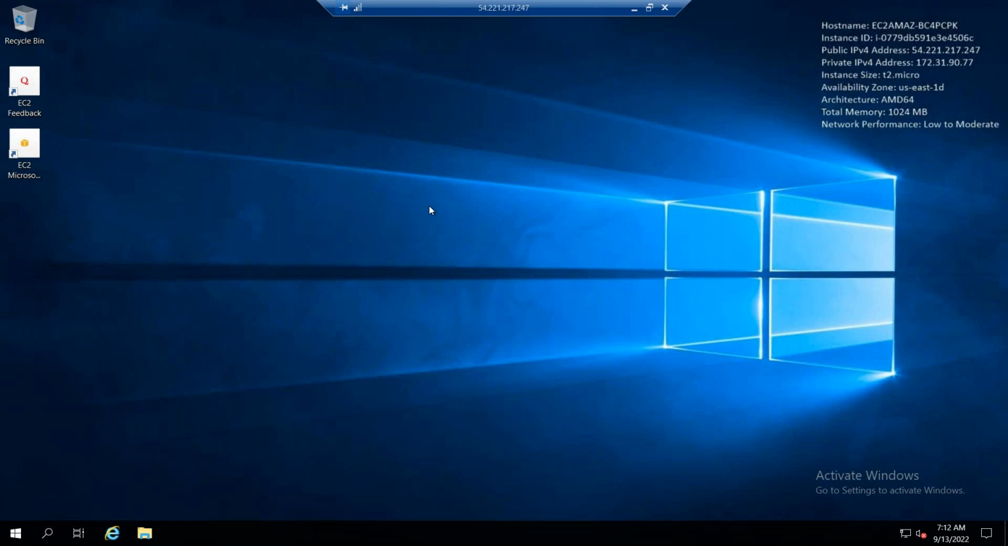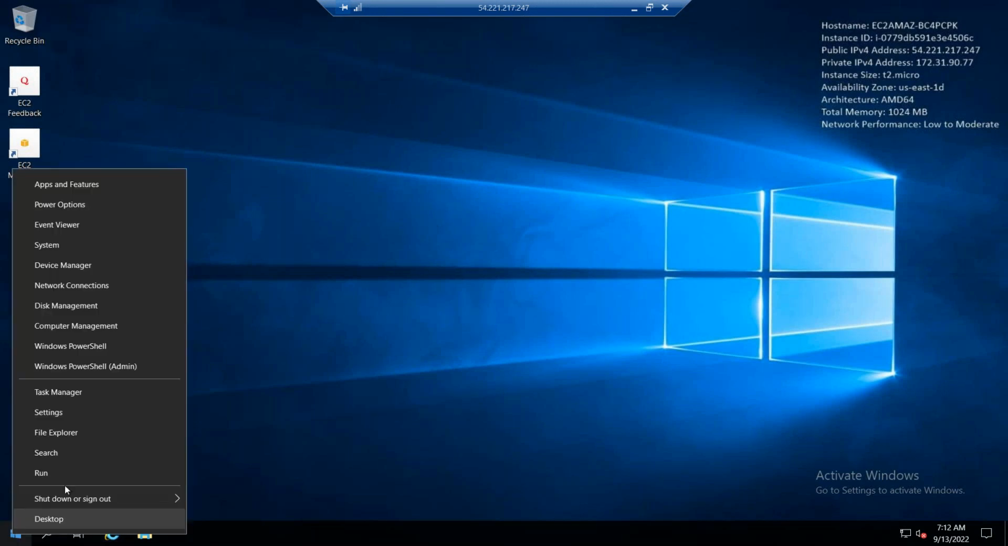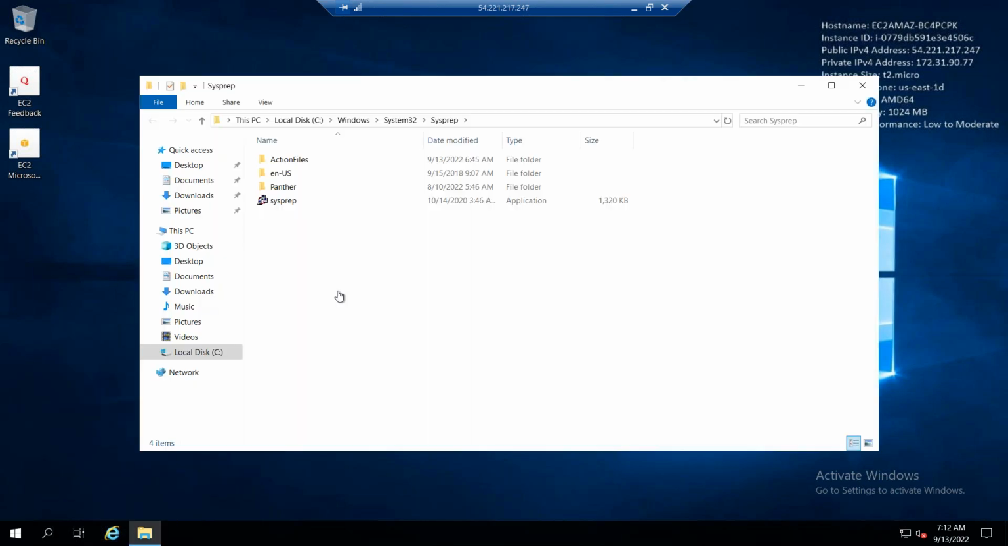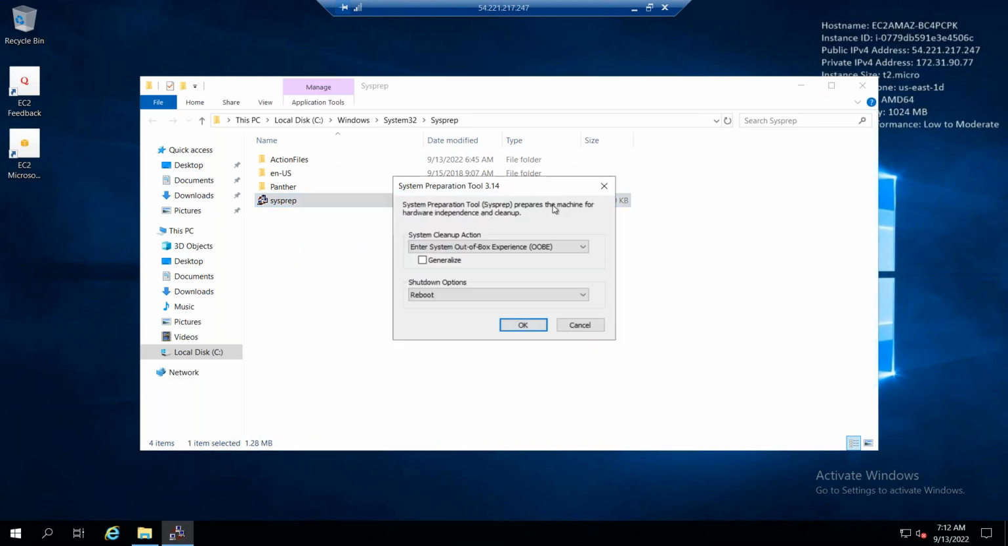See, if you want to do the same on a Windows machine, then there is one additional step that you need to do. You have to go and type sysprep. Sysprep is a tool that is used for preparing your system before taking an image. This system preparation tool will remove all the unique settings from the server. It will remove the IP address, the MAC address, all the unique settings,